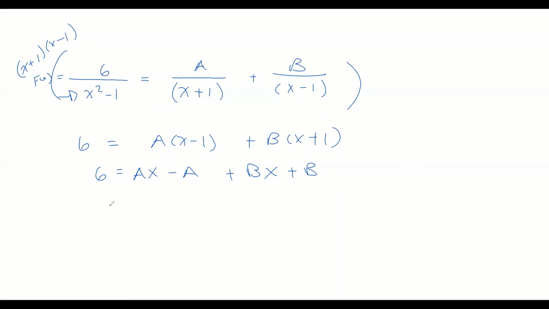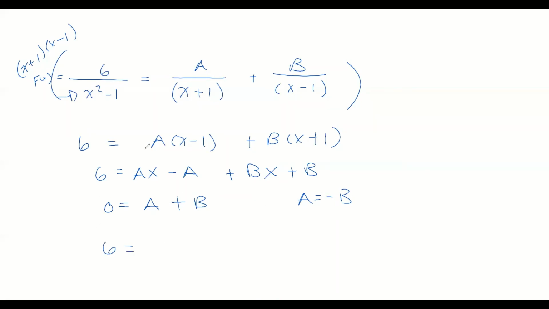When I do that, I end up with a 0 over here is equal to a plus b. Or I can say that a is equal to negative b. There are going to be cases when you do this derivative method that you will end up solving for an exact value, but there are also going to be cases where you can't. And this is a perfect example of when you can't. Instead, what I can do is go ahead and take a and plug it in for negative b, or vice versa. And so when I do that, and then I plug it in, then I have 6 is equal to,